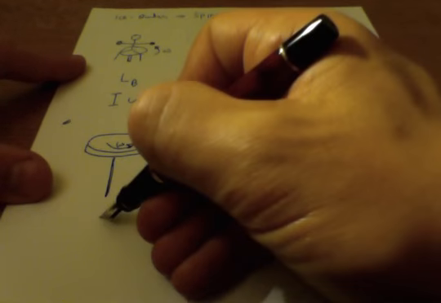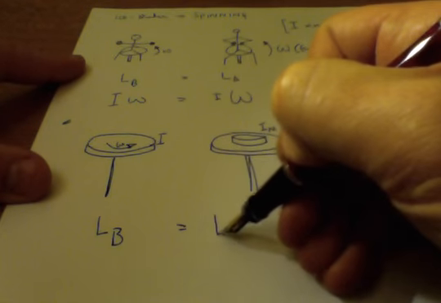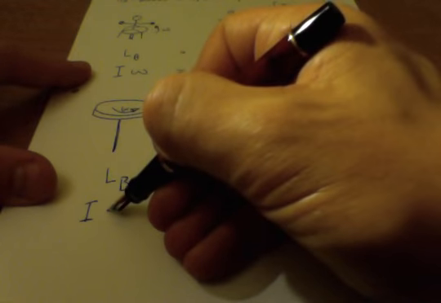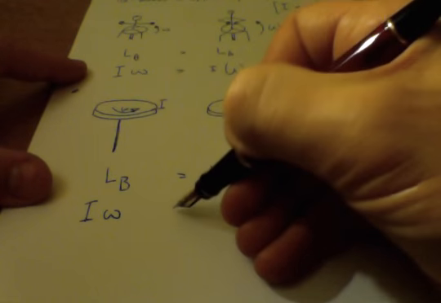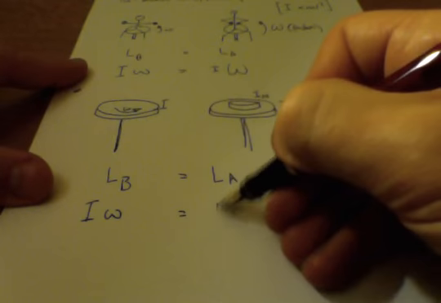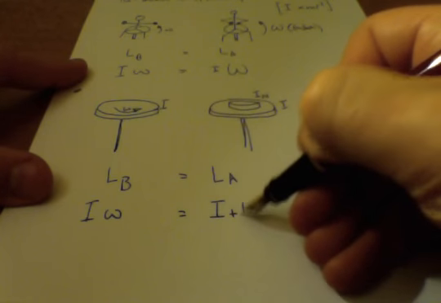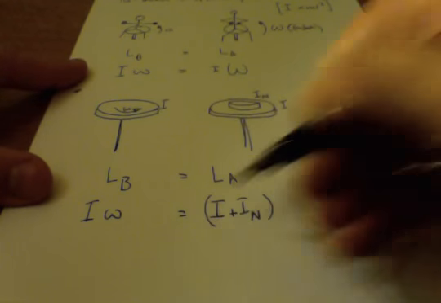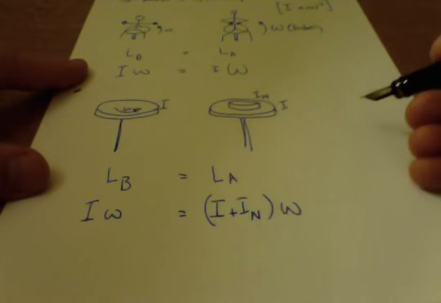So we must say to ourselves that angular momentum before must equal angular momentum afterwards. We initially have a moment of inertia and angular speed, but that must be now a new moment of inertia multiplied by the angular speed